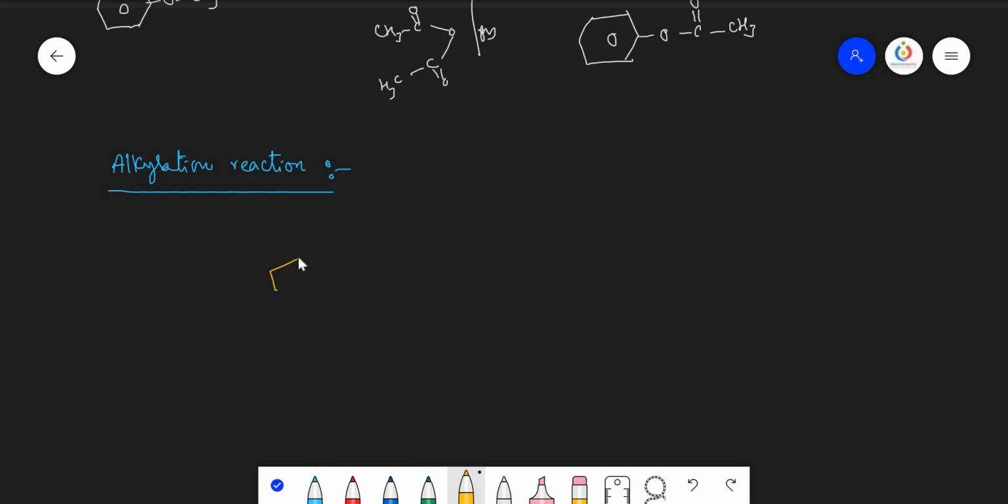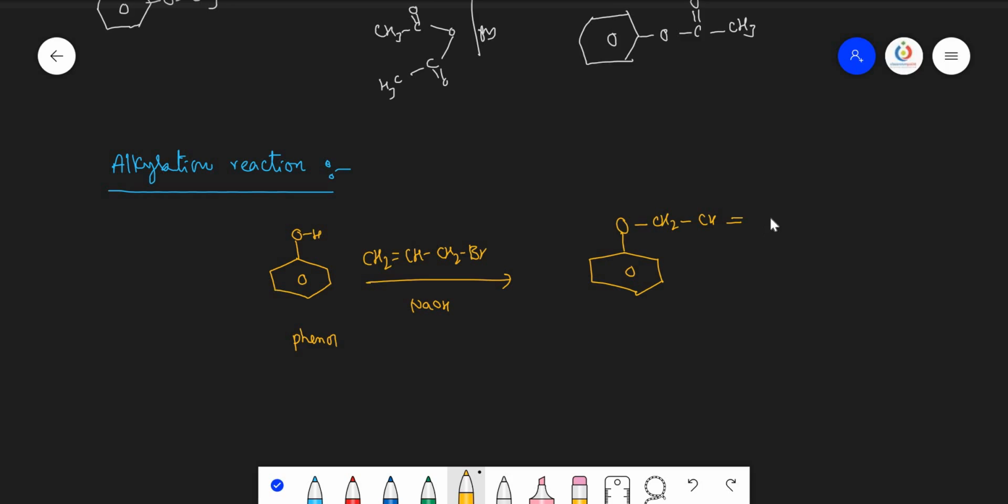So in this alkylation reaction, you just take the phenol and add allyl bromide. In the presence of NaOH, hydrogen bromide shall be removed. So we get the OCH2CH=CH2. This is the allyl part, this is the phenyl part, and it is an ether. So we call it an allyl